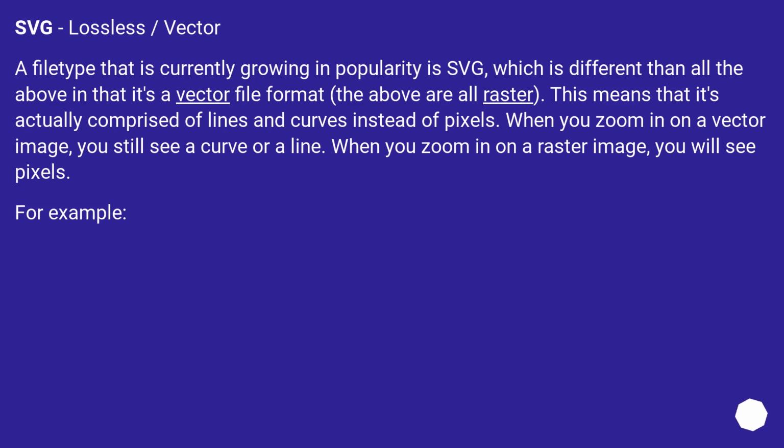SVG, lossless, vector. A file type that is currently growing in popularity is SVG, which is different than all the above in that it's a vector file format. The above are all raster. This means that it's actually comprised of lines and curves instead of pixels. When you zoom in on a vector image, you still see a curve or a line. When you zoom in on a raster image, you will see pixels. For example,